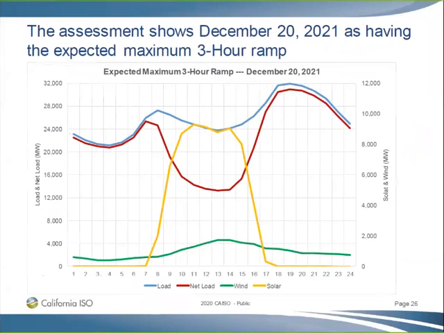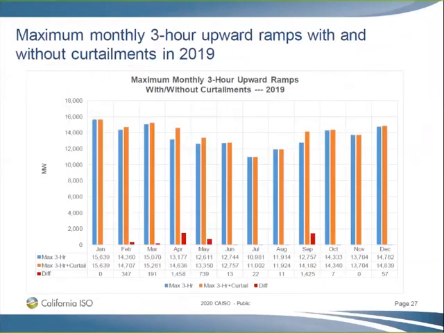So slide 26 and slide 27. So slide 27, and I want to stress this a little. A lot of folks keep mistakenly saying, well, we can curtail a lot of renewables to help deal with that 3-hour ramp. And this plot shows you the actual 2019 data. In 2019, there were days we curtailed almost 5,000 megawatts of renewables.